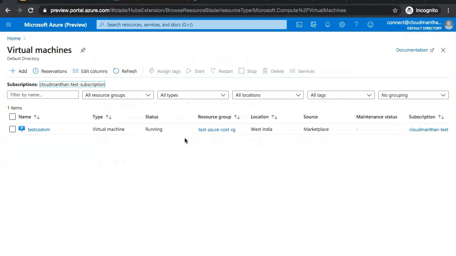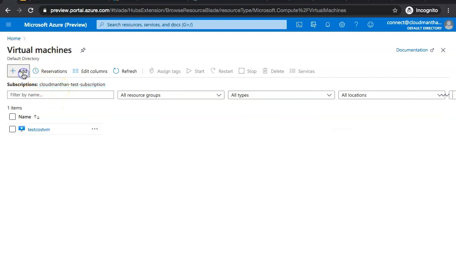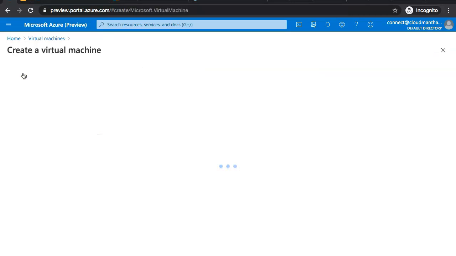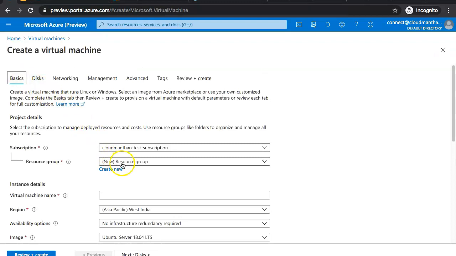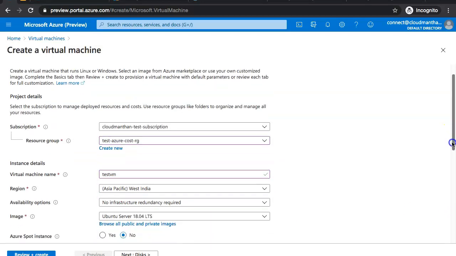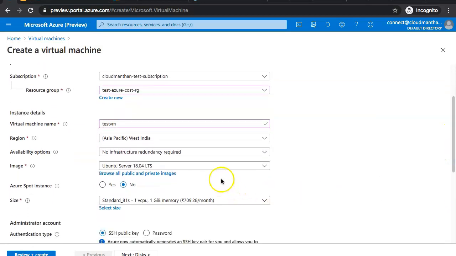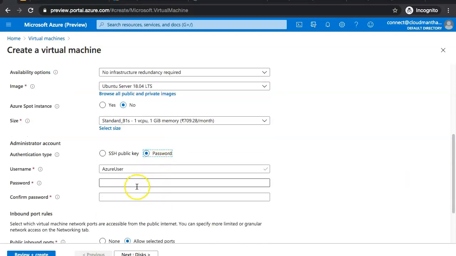So I am inside my Azure console, and if I go to my VM, let's say I want to add new VM. So I'm going to create a virtual machine, and I say I want to use the existing resource group. VM is test VM. I choose my region as West India. Image is Ubuntu server, and standard B1S, 1 CPU, 1 GB memory. Now it is showing you some kind of cost, 709 rupees per month. But since I am eligible for this 12 months free tier, I will not be billed. I specify my username and password,